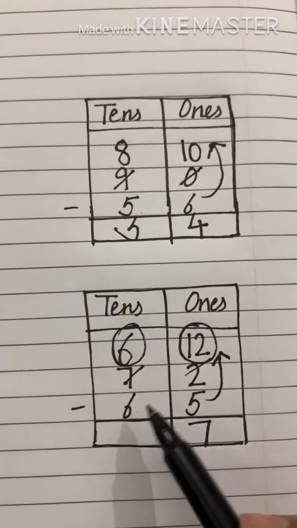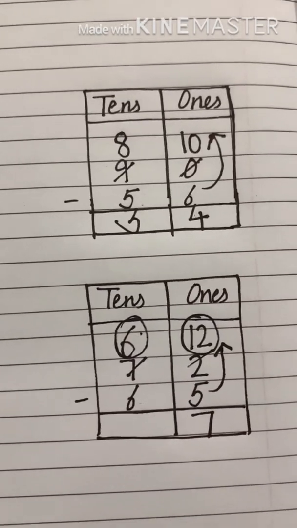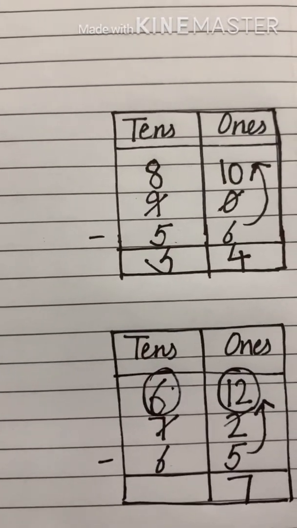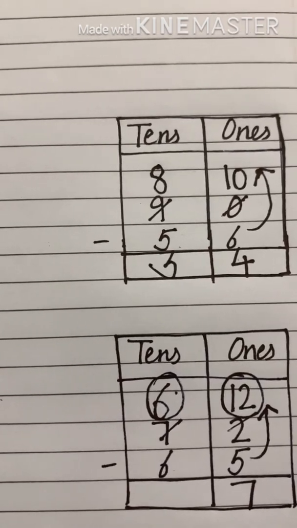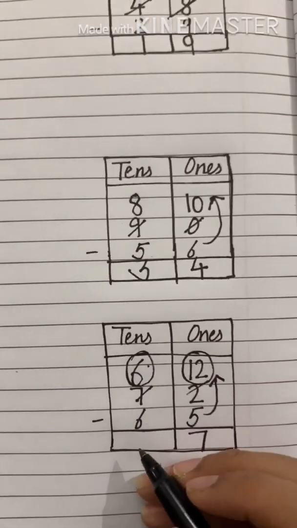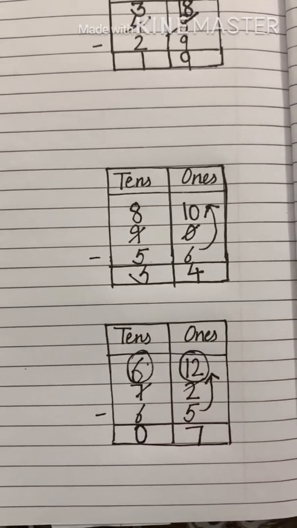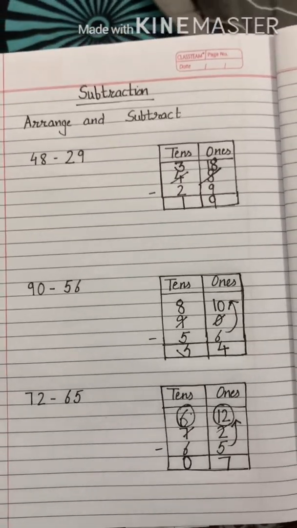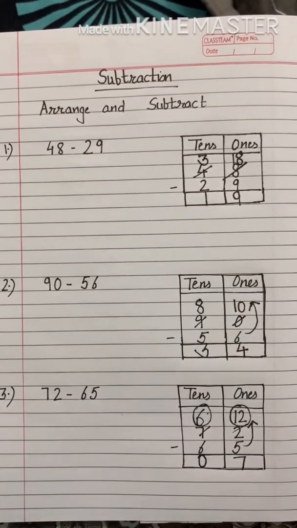And here both the numbers are the same, 6 and 6. That means nothing will be left. If I was having 6 pencils and I gave all those 6 pencils to my friend, I'm not having any pencil now. So when we do find the same numbers, the answer becomes 0. This is the way of arranging the numbers in columns and then subtracting them.